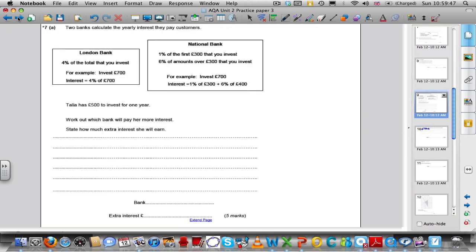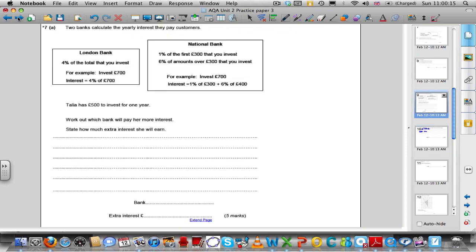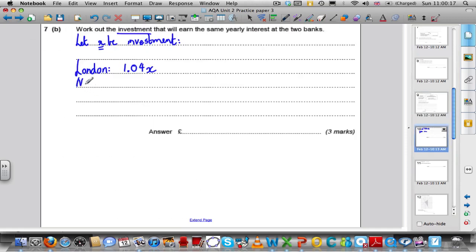So let's remind ourselves, London gives you 4%. London gives you 4% interest. So your investment at the end using a 4% increase percentage multiplier would be 1.04 times X. That's how much you would have at the end, because multiplying by 1.04 increases your investment by 4%. Okay, going back to National Bank,